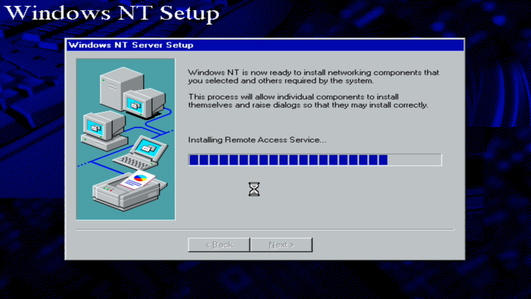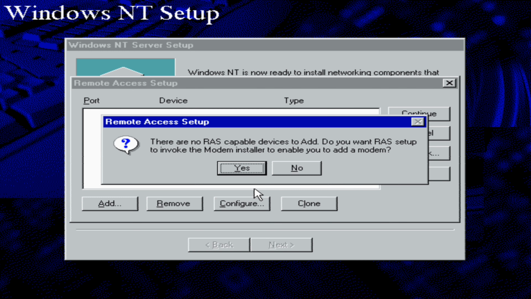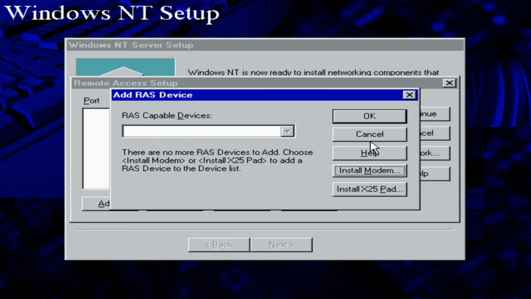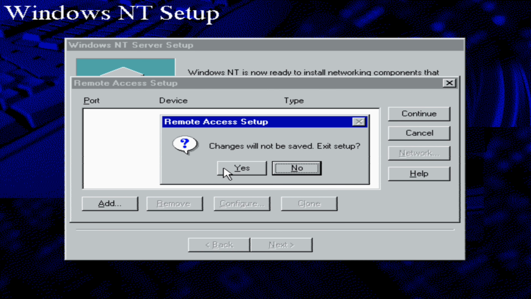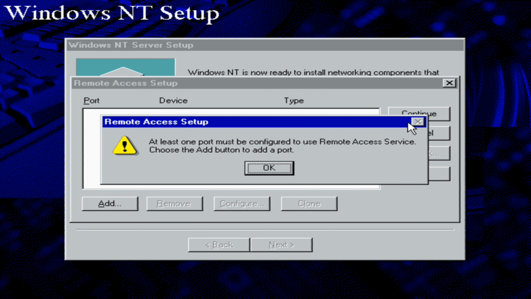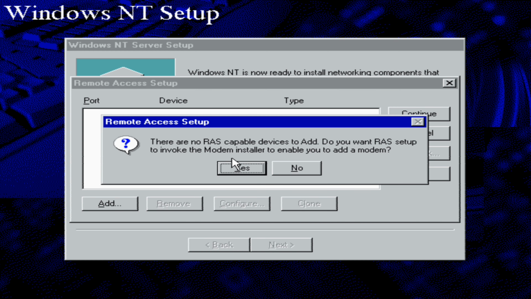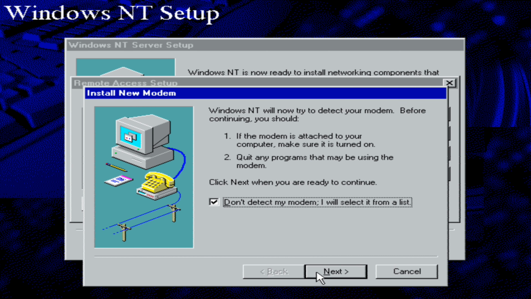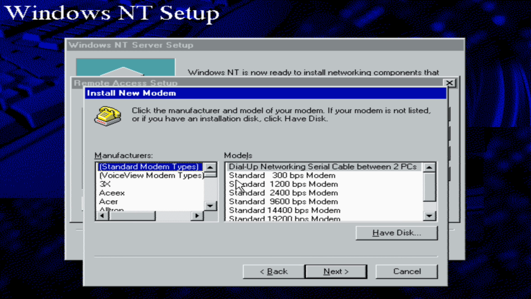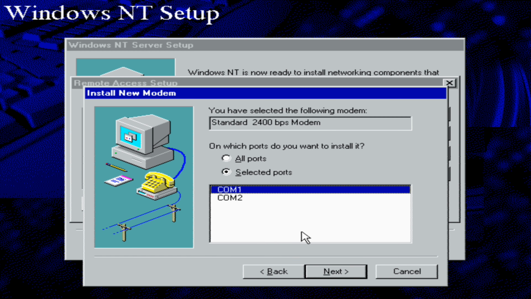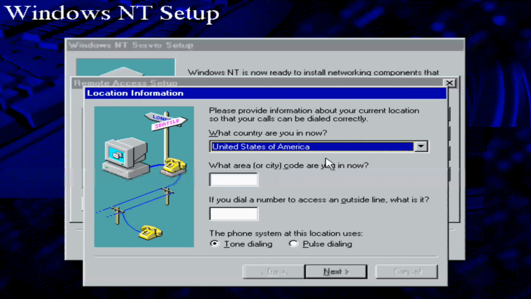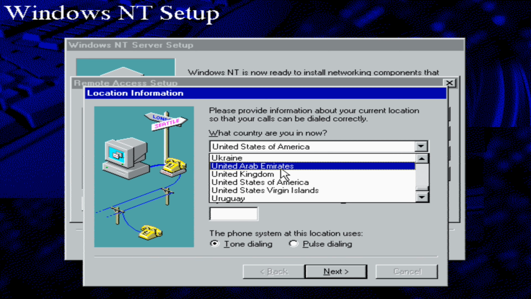And it's installing remote access service. There are no compatible ones, so do you want RAS? So click no for that. Cancel. Continue. No thank you. You do need to add this, so there are none yet available. So don't detect my modem. I will select it from the list, and I'm going to select the standard modem. Go to COM1. Next. I am from United Kingdom,